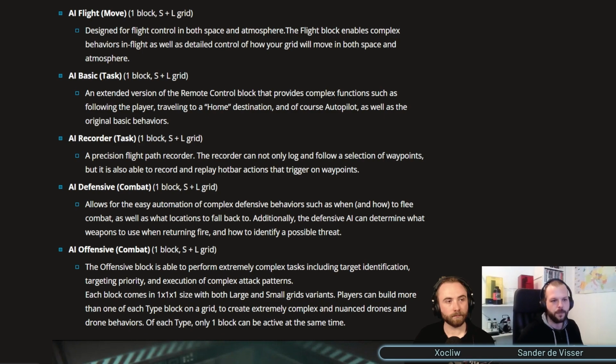This is also a task type block, and this allows you to record a path very precisely. So you enable it, you set it to record, and you fly your grid along some path that you want it to fly. It records any actions that you trigger. So let's say you undock or disconnect from a connector, you fly somewhere, and then you switch on your lights. Really, any sort of action that you want to do with this thing, you can record